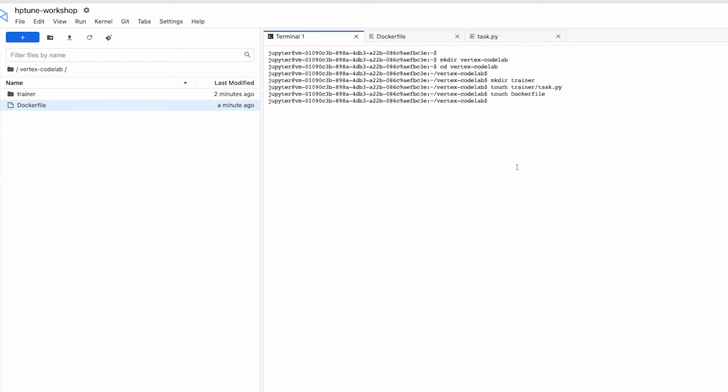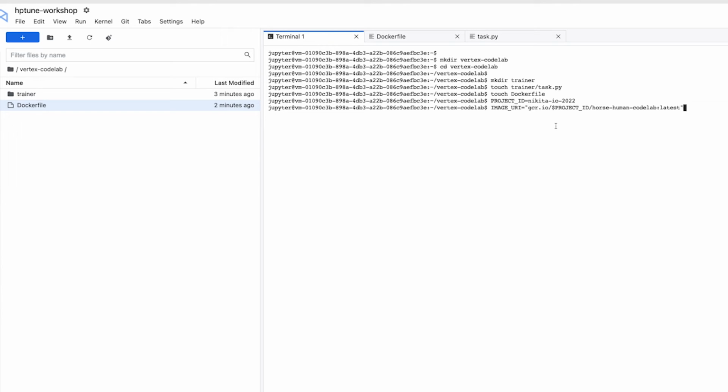So the first thing you'll need to do is define a variable for your project ID. Now, I happen to know what my project ID is. However, if you do not know, there is a handy command that's listed in the instructions in the code lab.